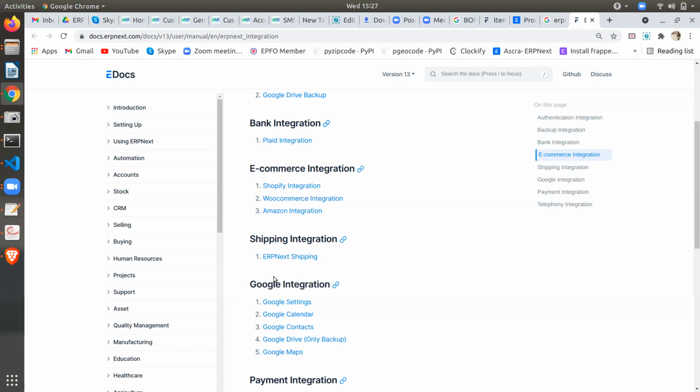Otherwise, I have not seen the Tally software. Is it a client-server based application or a web based application, sir? Tally is a client system, not web.